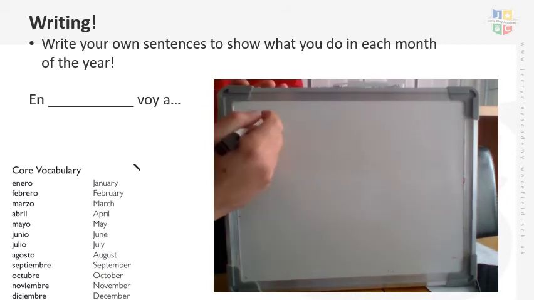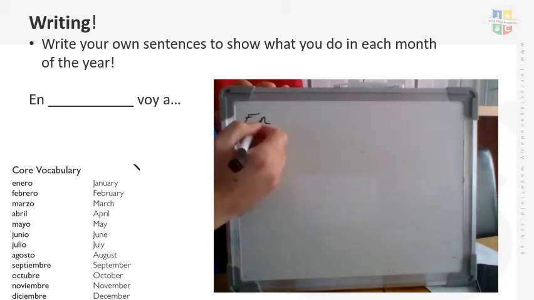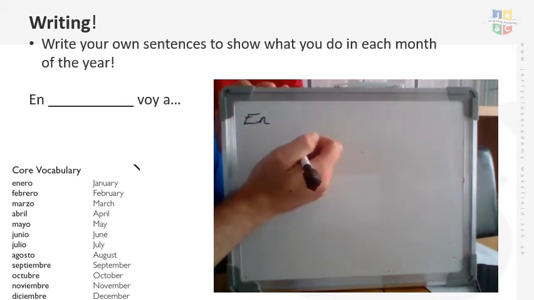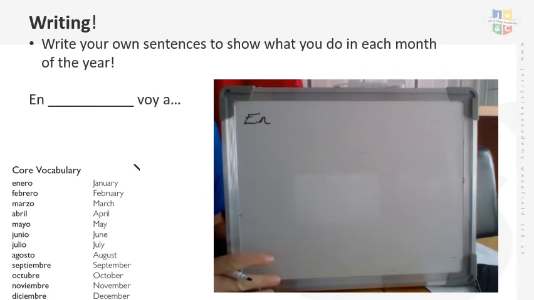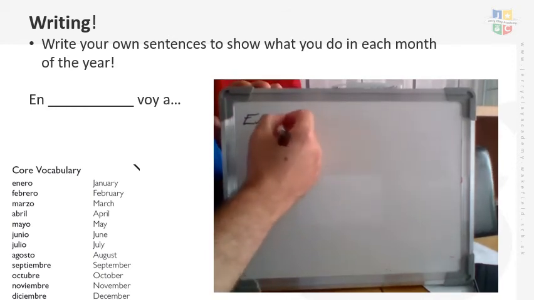Okay, here it is. En agosto. Now, one thing that you need to remember when you're writing the months of the year in Spanish, which is different from English, is the fact that you don't need a capital letter for the months of the year. So, en agosto.